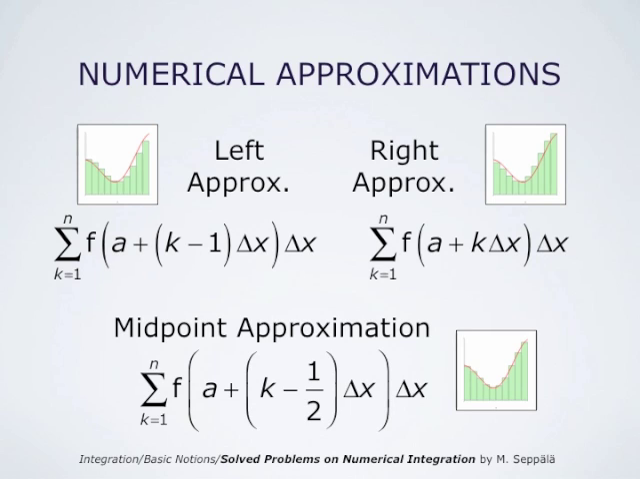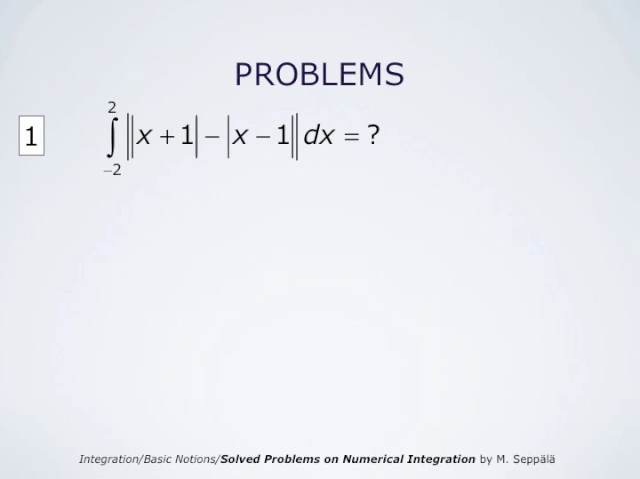These are the three basic numerical approximations of definite integrals. Problems to be considered are the following. The first one, compute the integral from -2 to 2 of the absolute value of x plus 1 minus the absolute value of x minus 1. We will compute this integral by relating its value to the area of a domain, which area can then easily